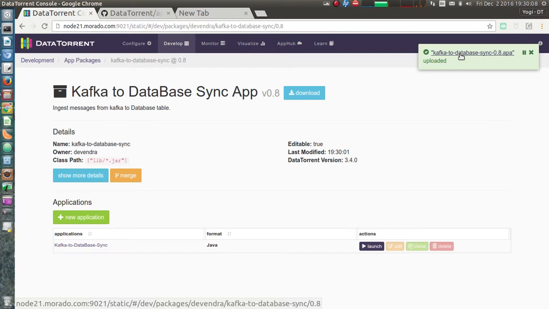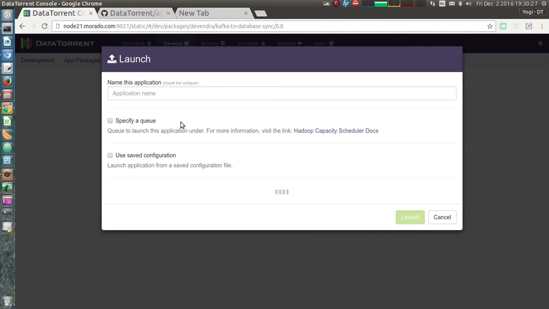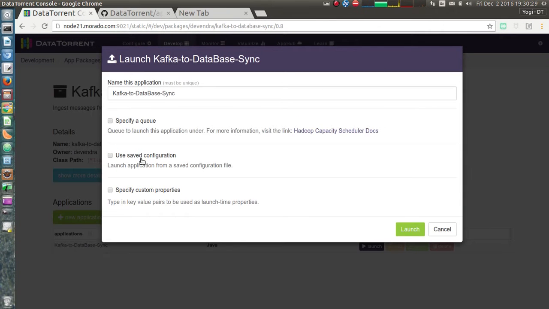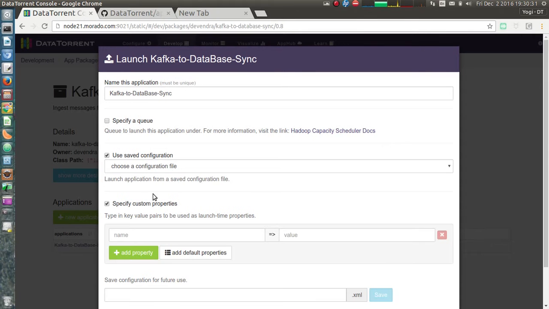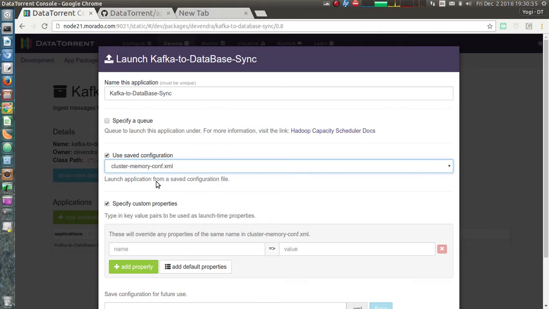If we click on the link in the notification, we will navigate to the app package details page, which shows a short description about the app package and last modified time as earlier. Again, we can click on the launch button to launch the application. Steps to launch the application are exactly the same as specified in the basic video.